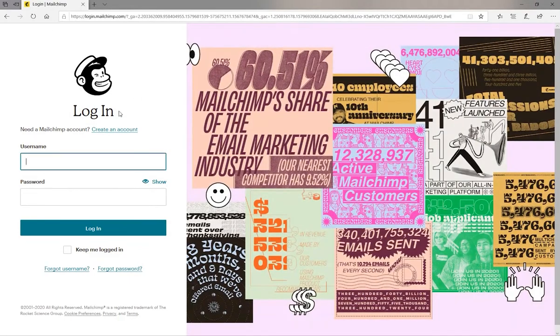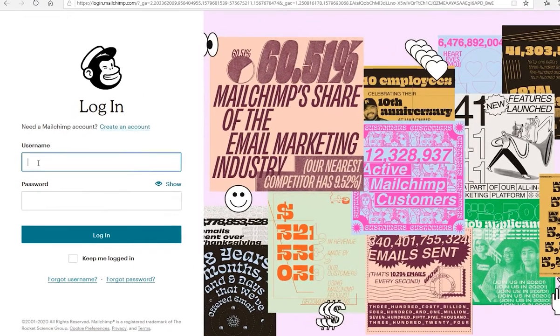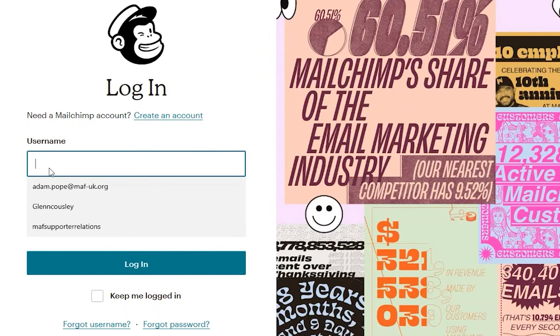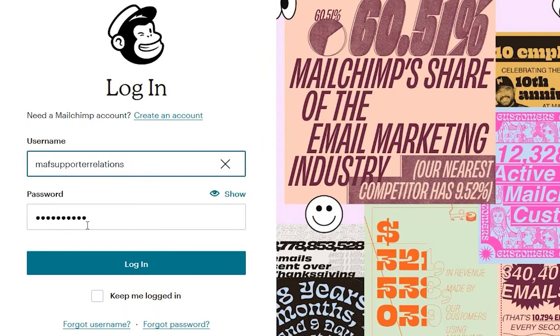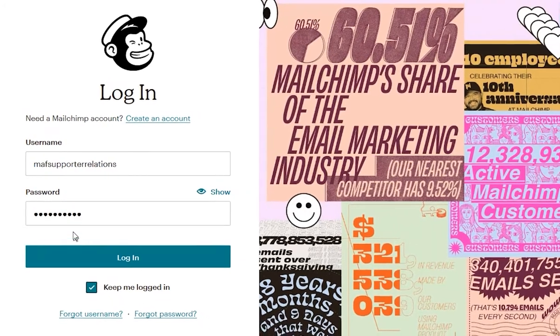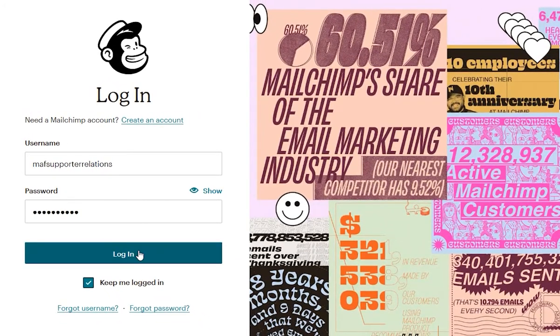Now this brings you to the screen where you put in your username. Mine's already in there, MAF supporter relations, and I've already entered the password, and I tick keep me logged in, and then it remembers it. So if we log into there,